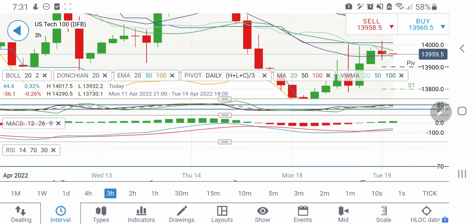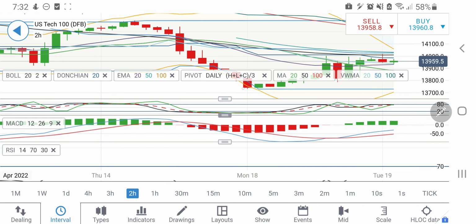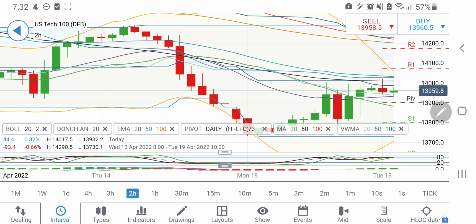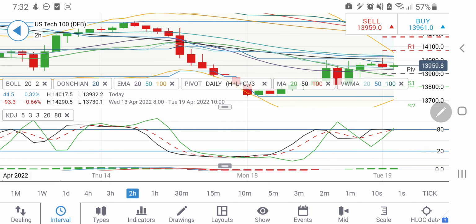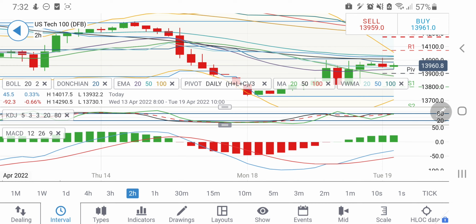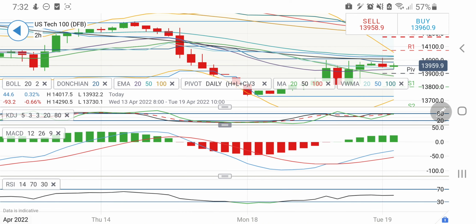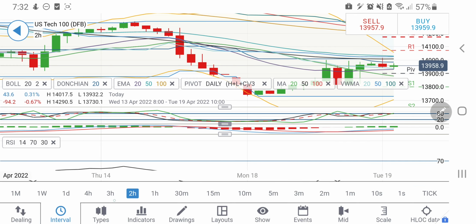And if you look at the 2-hour charts, similarly, you will find that there is stronger resistance at 14,000, 14,020 levels. So if it breaks this zone, then only I will recommend you to go long for 14,080, 14,100, which is going to be larger resistance, and beyond that 14,200 is also possible. On the downside, below 13,900, 13,880 levels, we can see a sharper drop towards 13,800. 2-hour stochastic is near overbought. MACD from here should converge and enter into the sell side. RSI is not showing any signs.